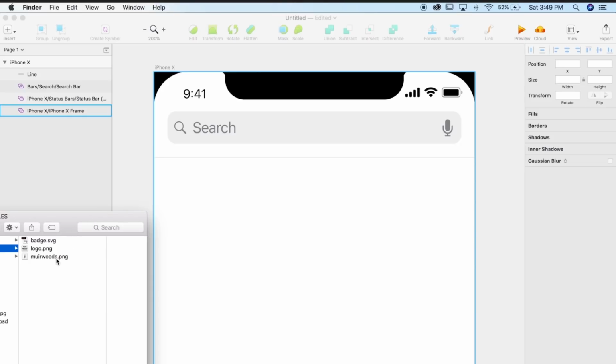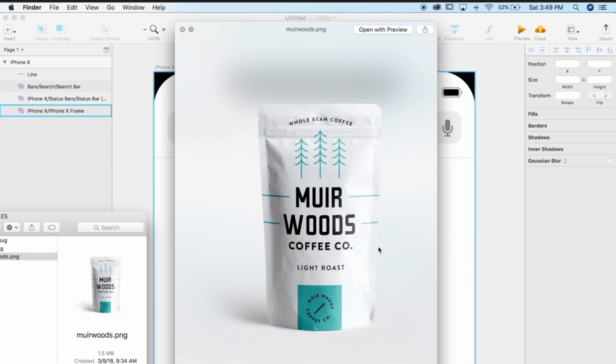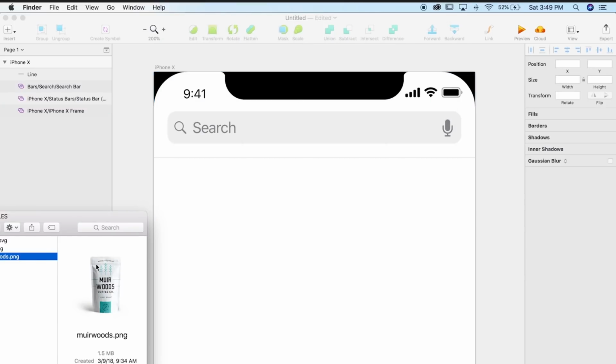I did a tutorial maybe 6-7 months ago where I mocked up essentially just a coffee label for a fictitious brand that I called Muir Woods Coffee Co. I had just gone to Muir Woods, got inspired, and decided to make a clean and minimal product label that I thought would be neat. So we'll pretend that this is an actual coffee company and that we're making their mobile e-commerce experience.